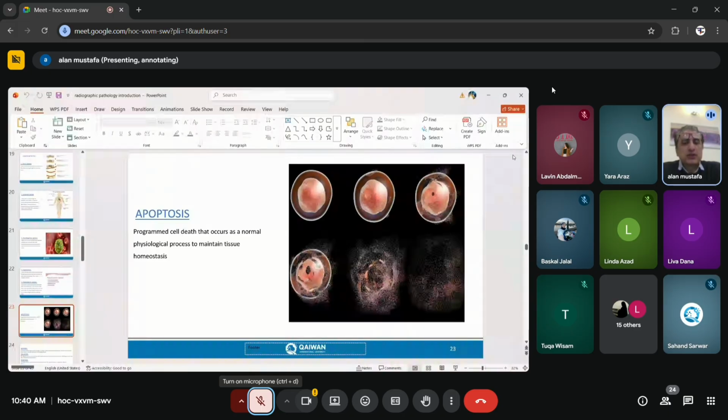The old red blood cells should die because they cannot function. They are very old. They should go away to make space for new red blood cells to come and function. So who kills the old cells? This is apoptosis, or we call it programmed cell death. If you have a problem with your apoptosis, what happens is you get cancer.